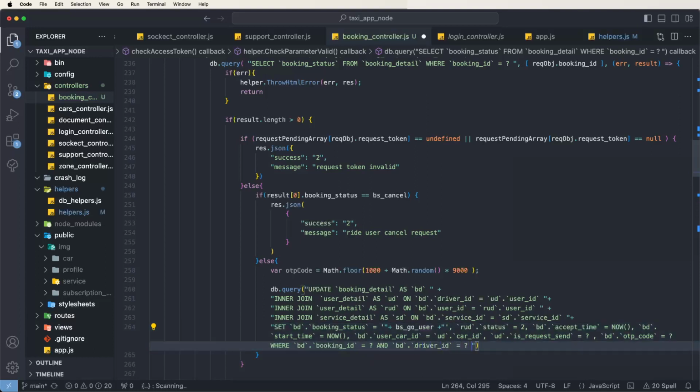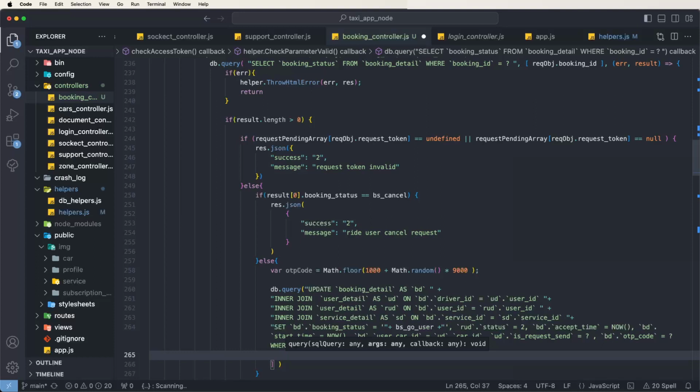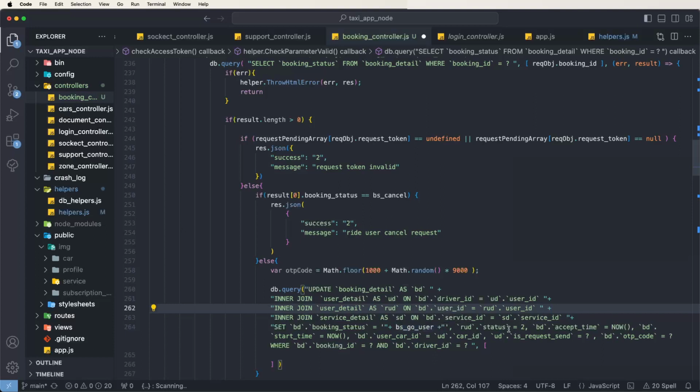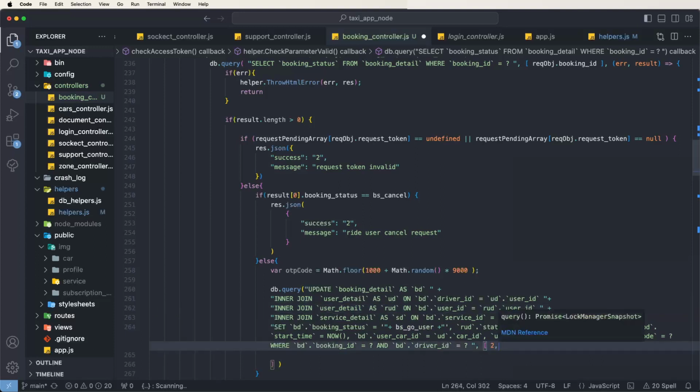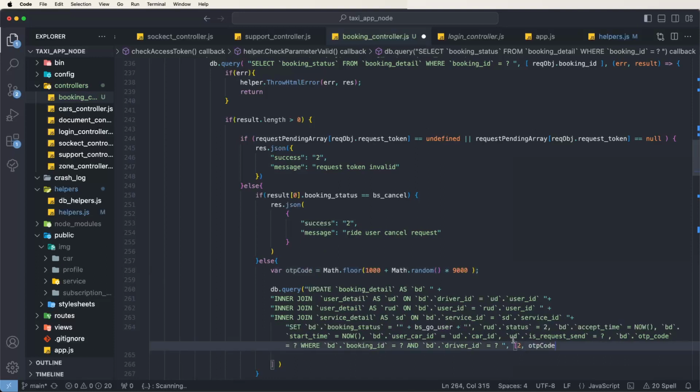is equal to question mark, like these conditions. And to pass this here the parameters, need to give this here first parameters, check here the value, set results. Now request sends, need to set this here to mean user now started, that's why I need to not logout. That's why I need to set this here the request send, and then after need to give this here the OTP, need to pass this here OTP code, and also need to give this here the request.booking ID